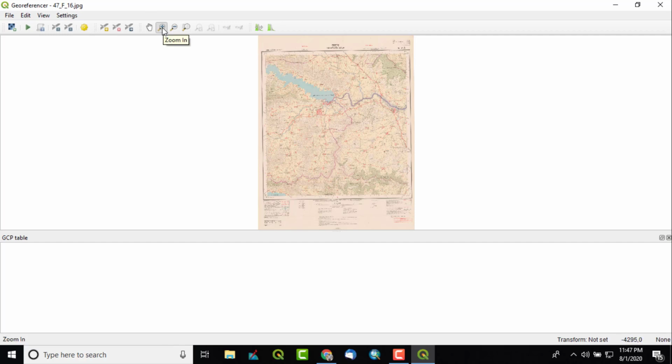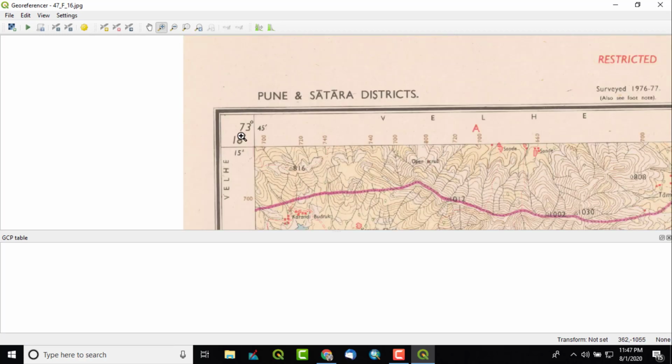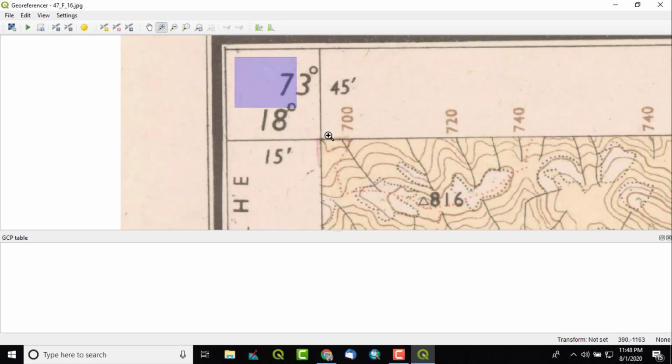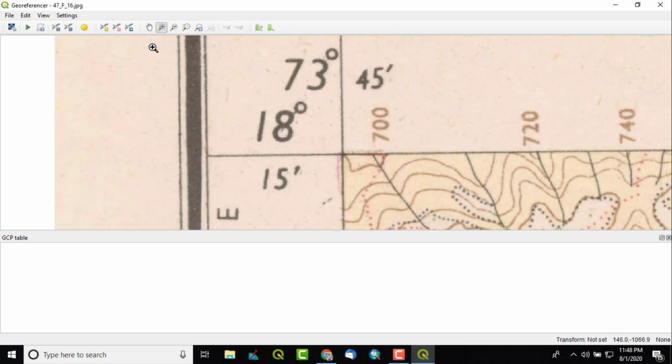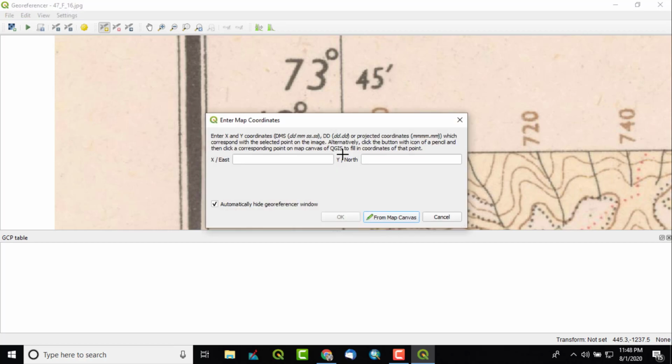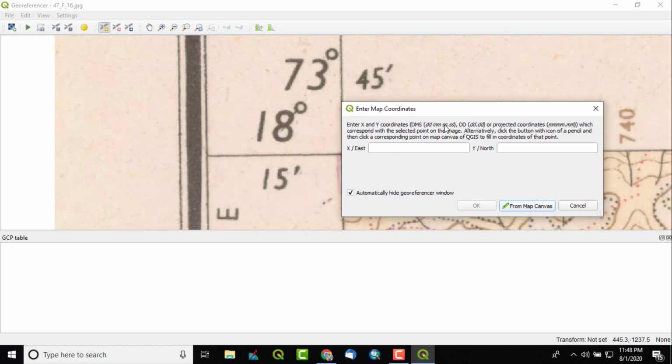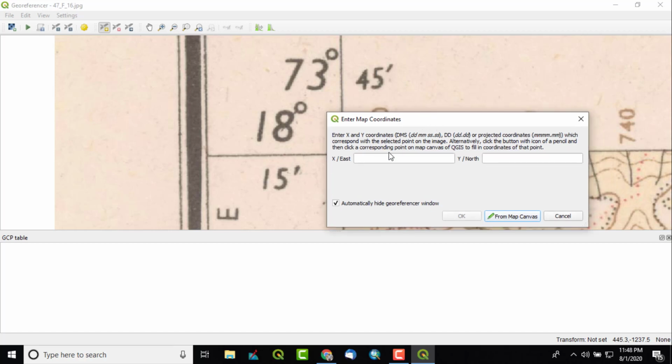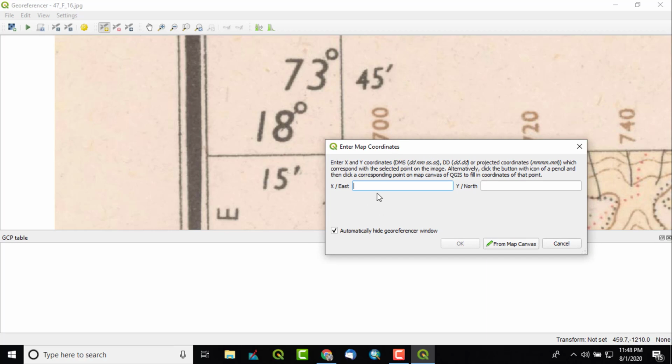I take the zoom in button and just zoom into the first point where there are coordinates of latitude and longitude, and then you have to click on add point. Put the point at the exact intersection of this latitude and longitude, and after clicking, the software will pop up a window in which we have to input the coordinates.